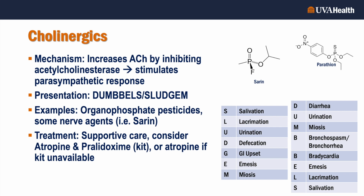The treatment for cholinergic poisoning, again, supportive care. These patients typically do need very aggressive airway management and may need intubation and/or suctioning or positive pressure ventilation. We want to think about if we have the Mark 1 kits or Mark 2 kits available. Those are a mix of atropine and pralidoxime, and those are very effective. If you don't have the kits, atropine by itself is effective, and this is going to require very high doses